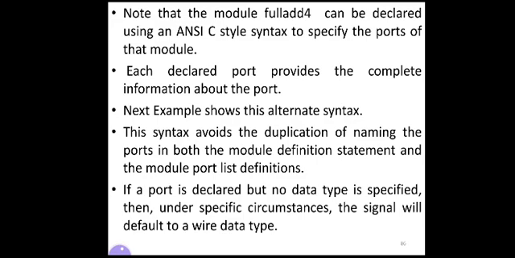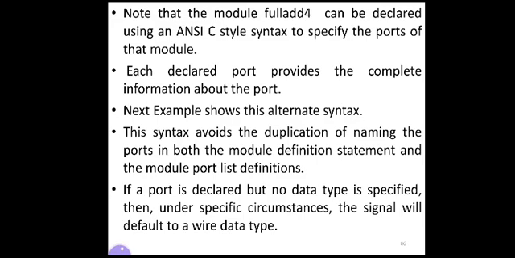In the ANSI C style syntax, we can declare the list of ports, and each declared port provides the complete information about the port. The next example shows this alternative syntax. Either you can use the previous syntax or the next syntax, whichever you are comfortable with. It is not mandatory to use a particular one.